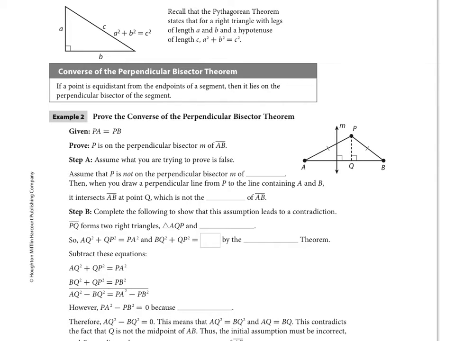This time we're saying if a point is equidistant, then it's on the line of the perpendicular bisector, or the line of reflection through that midpoint like we talked about. So what we're having here on page 197 is what's called an indirect proof. We are not going to be covering indirect proof in Geometry CP, so you guys don't need to worry about this,